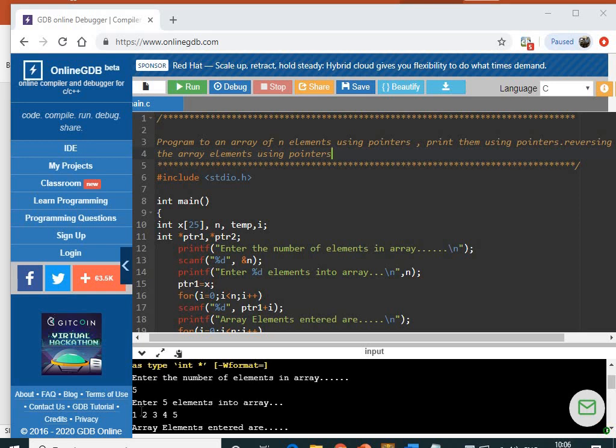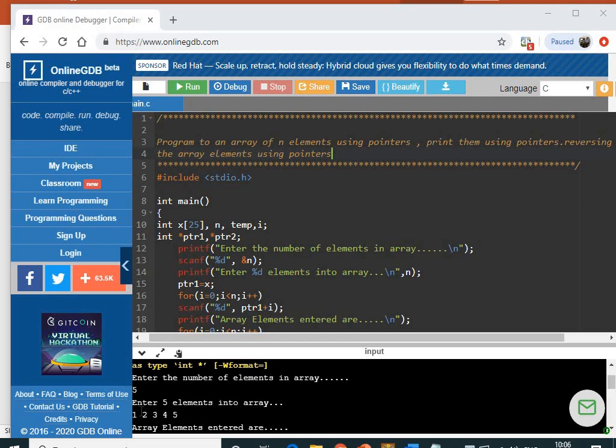So today we will have one more important program with respect to pointers. So far you have accepted the array elements using a loop like for i = 0; i < n; i++, scanf("%d", &a[i]). In this program we will be accepting the array elements using the concept of pointers.